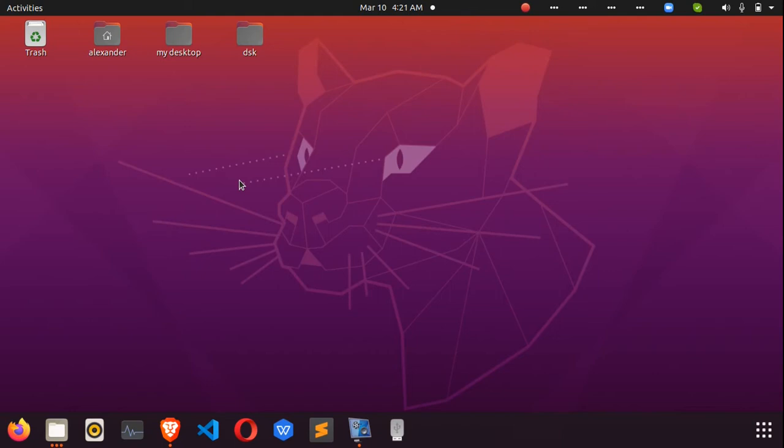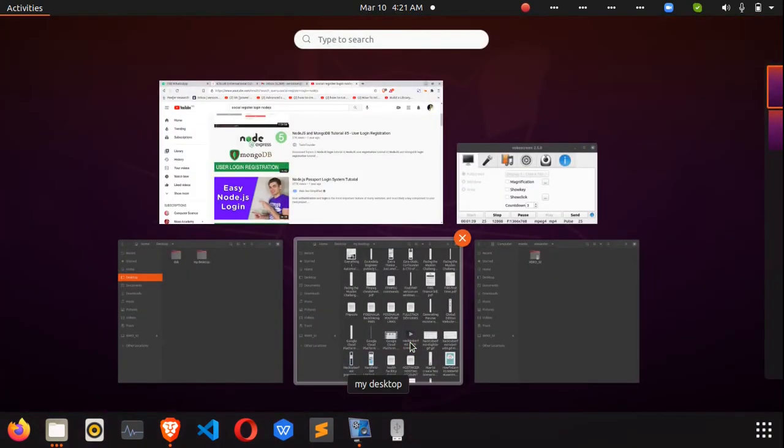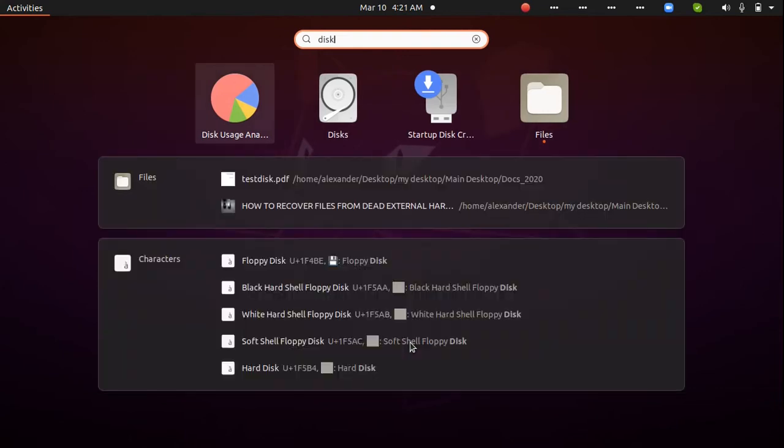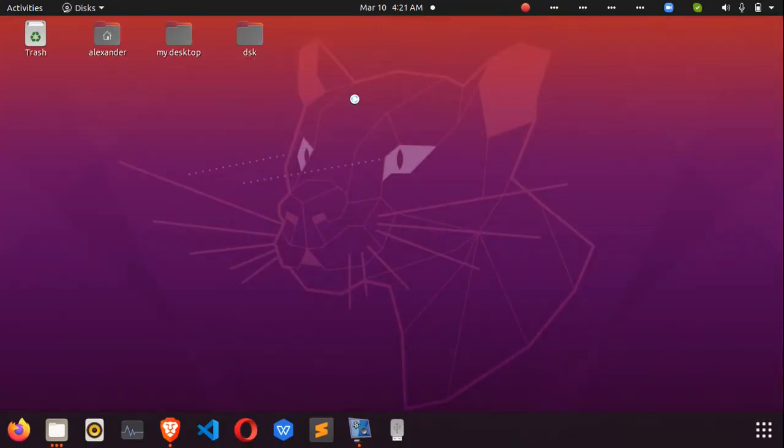So to format drives on Linux is very easy. If you noticed from my desktop, I already have a USB thumb drive connected. So if I want to format this drive, I simply go to an application, Disks, that is available by default on all Linux distributions. Just go to Disks,